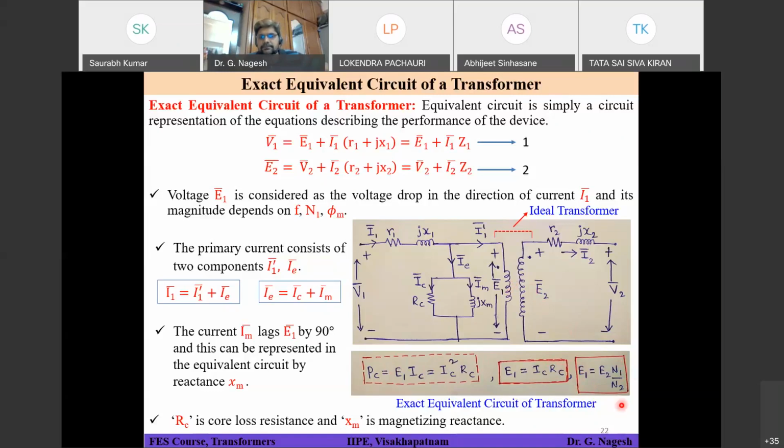So this is called the exact equivalent circuit of a single phase transformer, showing the resistance and leakage reactance of the primary, the resistance and leakage reactance of the secondary, and the shunt branch. This is called the shunt branch. It is placed adjacent to the winding since it represents the electrical circuit of the magnetic core which is present in the winding. That's why it is shown here. So this is called the exact equivalent circuit.